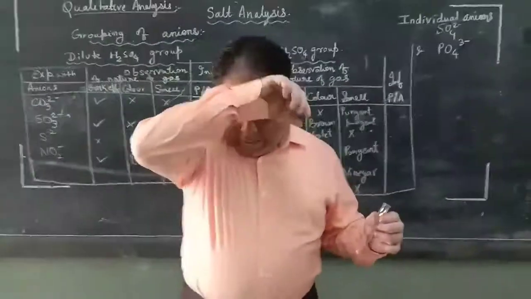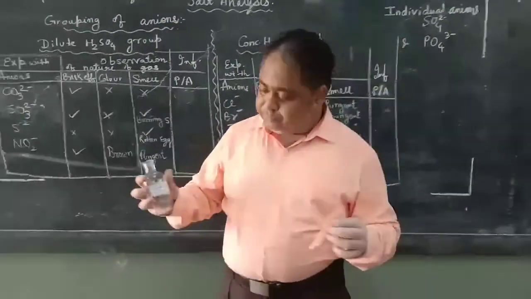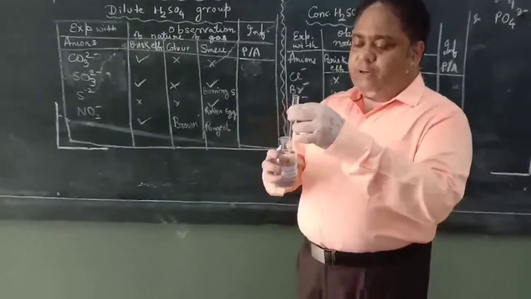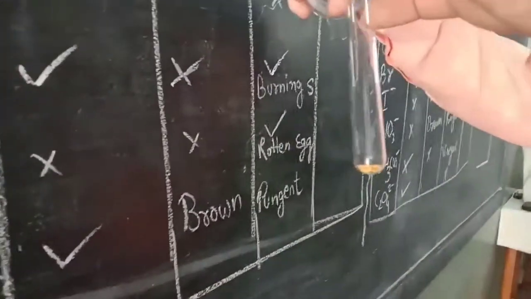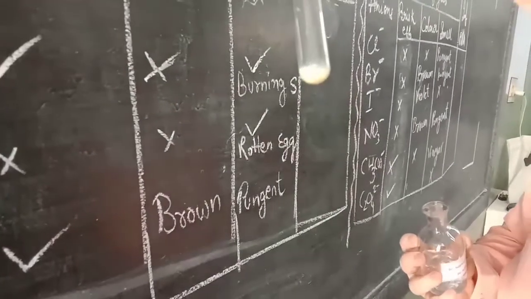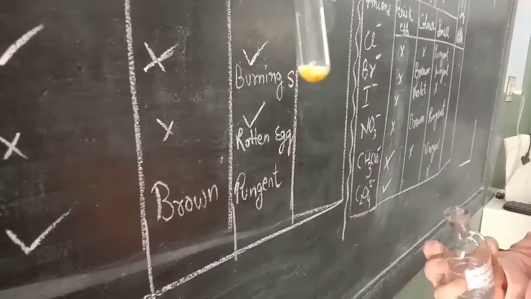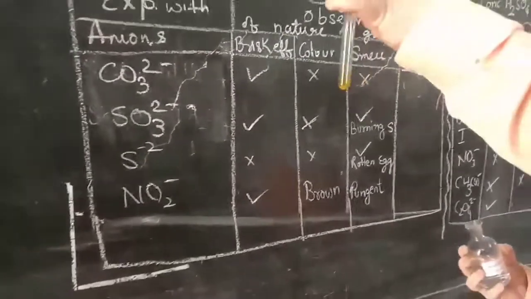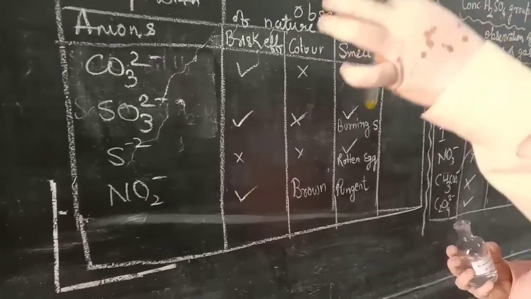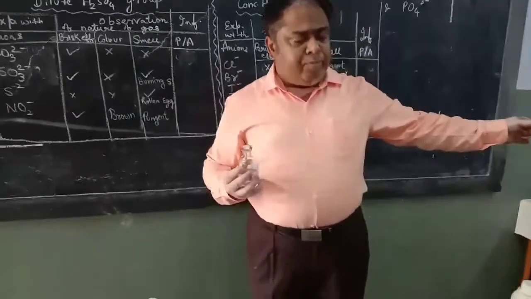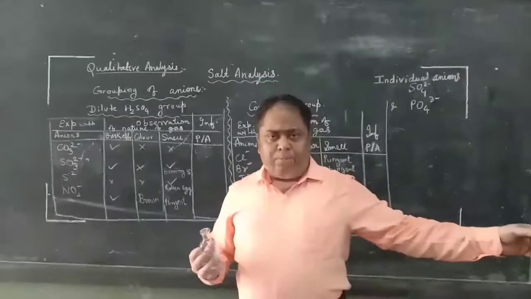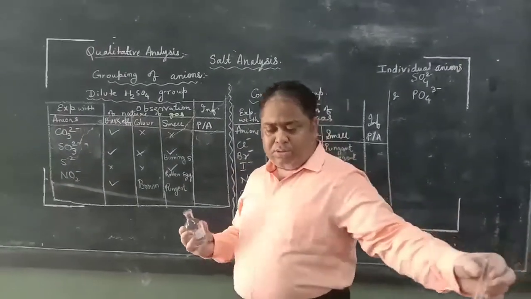Now what I am finding is dilute sulfuric acid. Here it is. Although I am getting the smell of rotten egg, since I have written the test, I am putting it over here. Brisk effervescence with white gas is coming out. White we generally write as colorless, and we are getting the yellow color of sulfur, and H2S is formed. Without bringing the H2S near to our nose, we are getting the smell of H2S. We will smell it from a distance, and it will be prominent enough because it is an obnoxious gas. We will not bring it near to our nose.